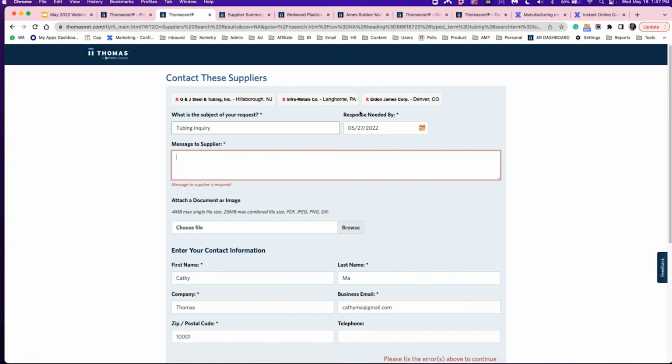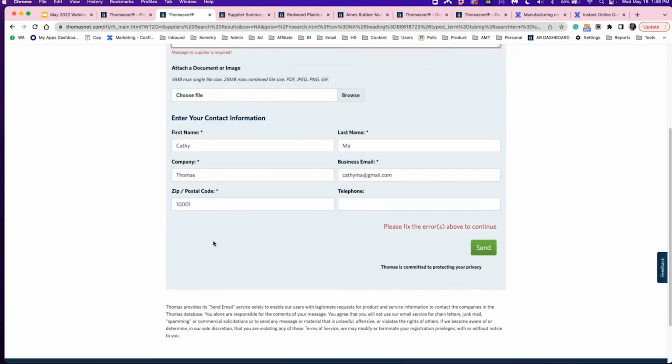And if you ask me, why can't you message 100? We have to protect suppliers from possible spam as well, because sometimes people use Thomas to solicit for businesses. However, we actually have a human vetting team that goes through all RFIs, and almost no suppliers would ever get solicitation that's not relevant to their business needs. And there you can upload your design file, you can enter your contact information, and you will then submit 3